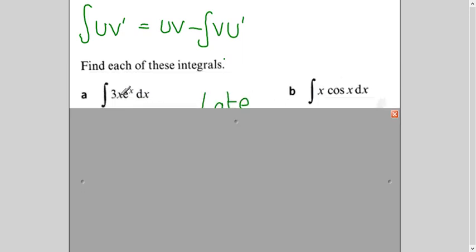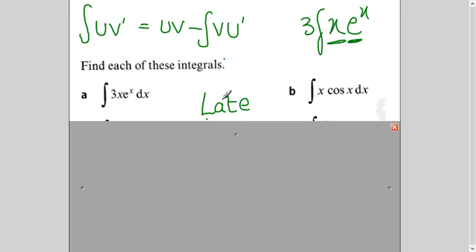Now the question is, for example, in this case, which one is x and e^x? I can write it like this if I want, x, e^x. So one of my functions will be called u, another function will be called v prime. How will I decide which one is u? Because that is very important. Otherwise, your integration keeps going on and it never finishes. When you practice, you will understand. So how do we decide?